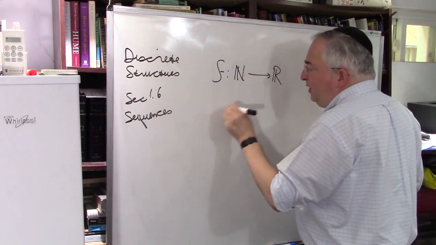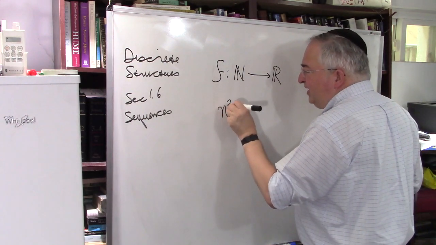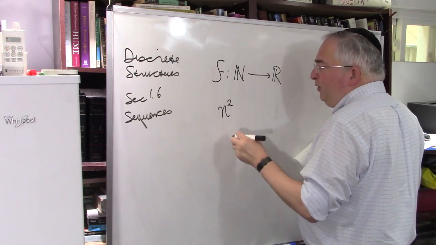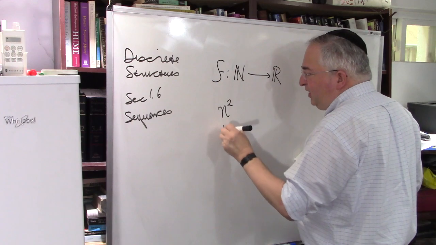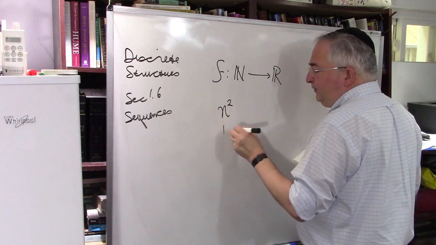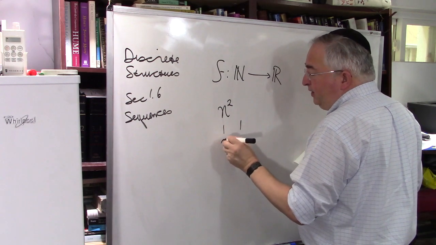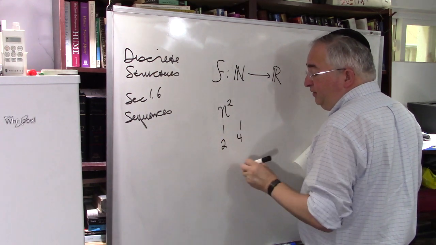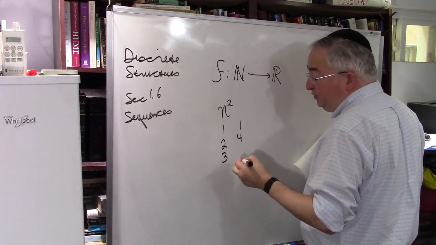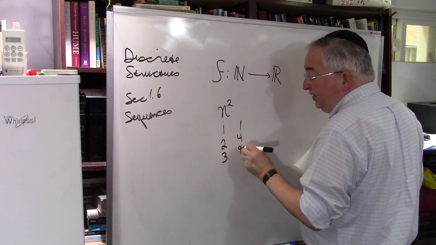So for example, you have some functions that take n squared amount of work to do. If you plug in an input of size 1, you're going to get an output of size 1. If you plug in an input of size 2, you're going to get an output of size 4. If you plug in an input of size 3, you're going to get 3 squared, which is 9,